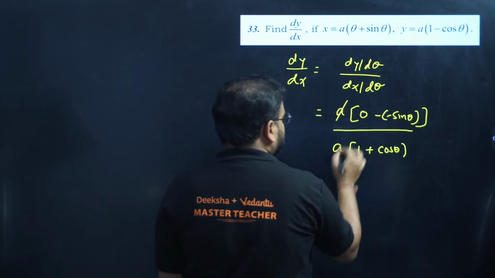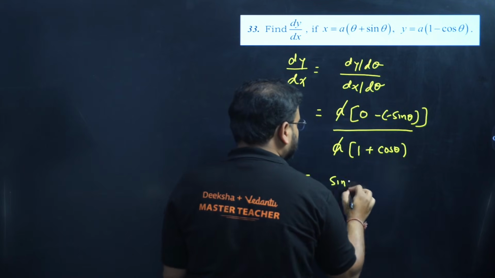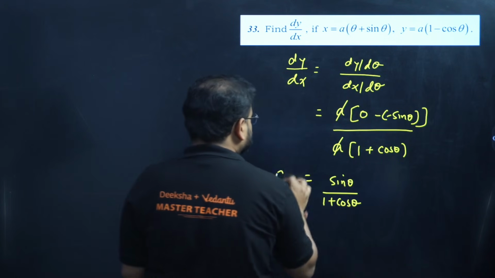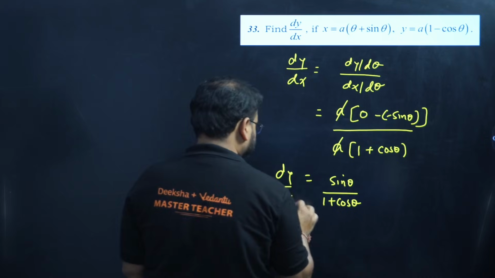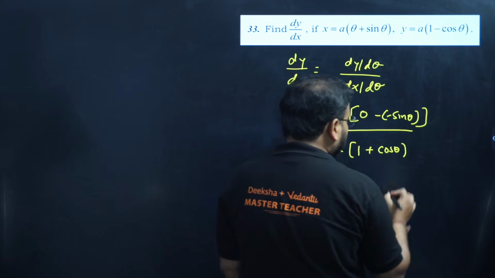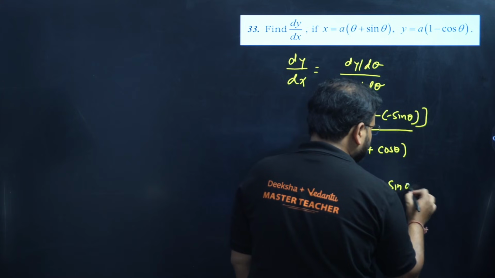Check, a and a is cancelled. I have sin theta upon 1 plus cos theta as my derivative so far. Can we simplify it further? Of course we can. Sin theta is what? 2 sin theta by 2